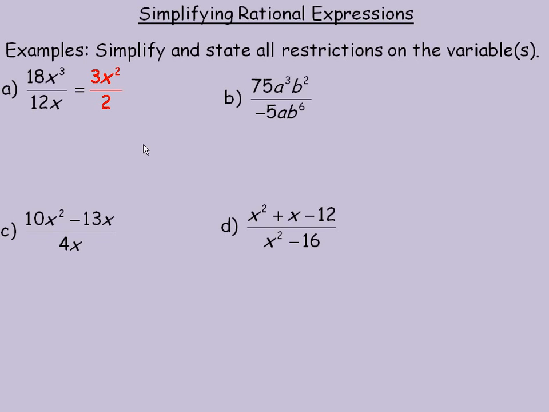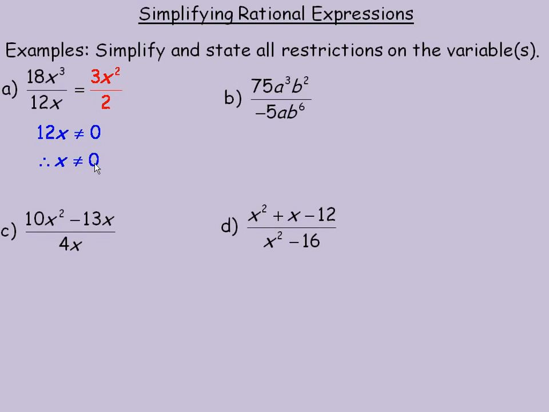Now the restrictions come from the fact that the denominator, the 12x in this case, is not allowed to equal 0. So we're looking for what values of x would make 12x equal to 0, and those are the numbers we're not allowed to put in place of x, because if this had a value of 0 here, we'd be dividing by 0, and you can't do that. So setting 12x not equal to 0 and then dividing by 12, we would get x is not allowed to equal 0. So the restriction for this 18x cubed over 12x or 3x squared over 2 is just x cannot